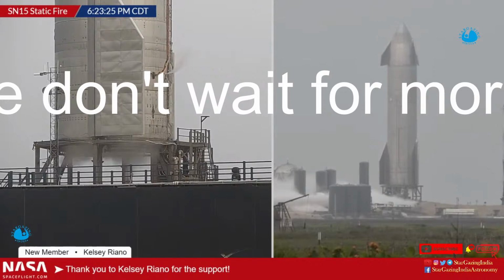Yeah. So this static fire today is not a sign of a problem with yesterday's static fire. They were planning to do 2 static fires. One was the standard 3-engine static fire test that they do to make sure that the vehicle is ready for flight, and the one you're seeing today is what is sometimes called a risk reduction test, where it's not necessarily absolutely required for flight, but it is something that they like to do just to make sure, as a further risk reduction, especially with the upgrades to SN15,